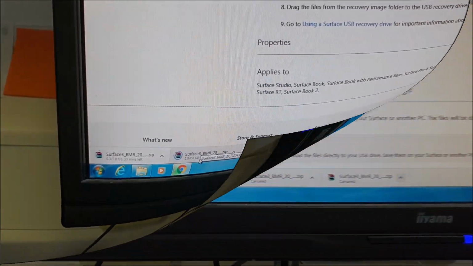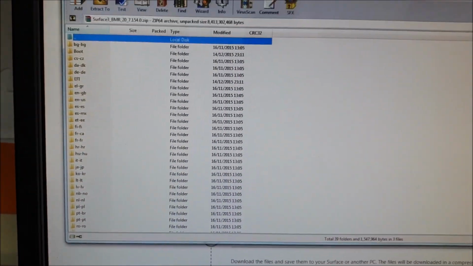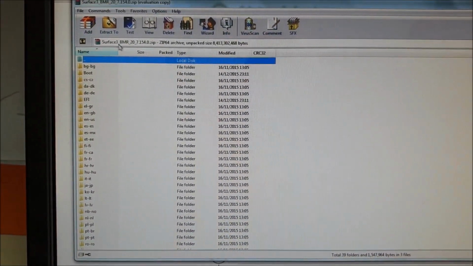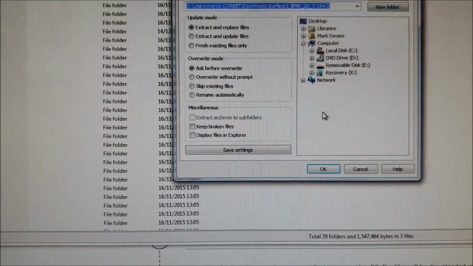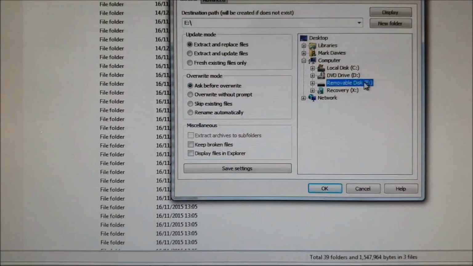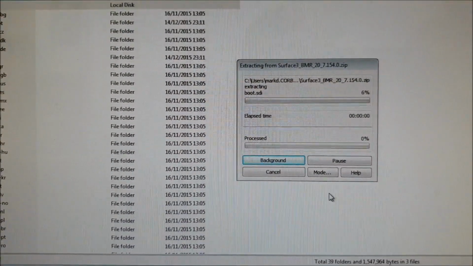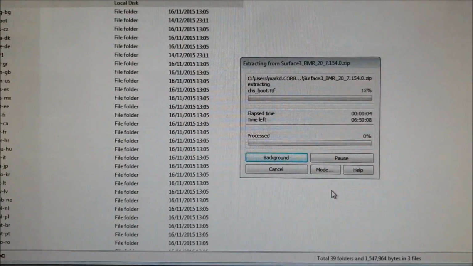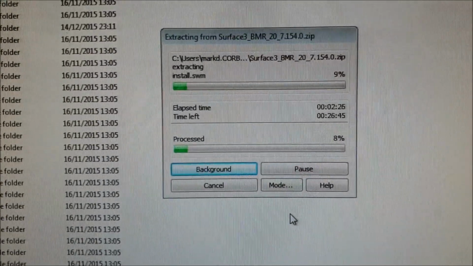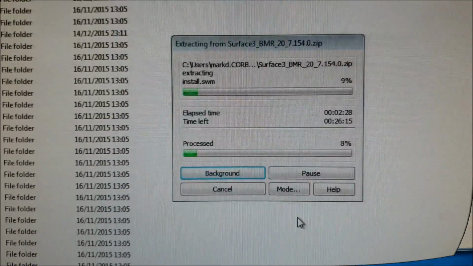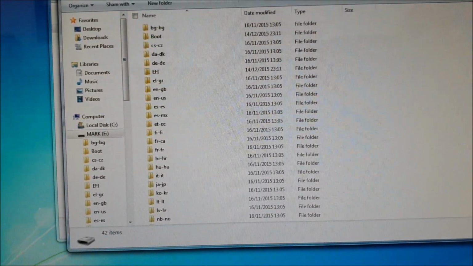Okay, so I'll talk to you once it's downloaded, which it has there. If you just click on it, which happens on mine, this is Windows 7, I think it'll do it on anybody's, and you can extract, and we're going to extract it directly to removable drive E, and then OK. There you go. So we'll come back to that in a second. Okay, because it's going to USB, it's going to be a little bit slow, so that's going to take a while. So it's just finishing copying across. It should be all on there. So we'll close that,